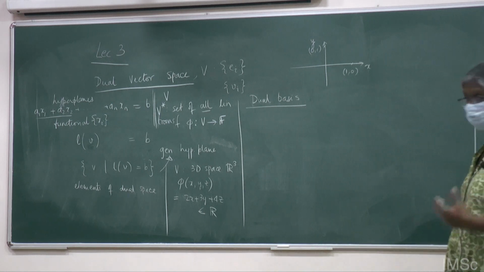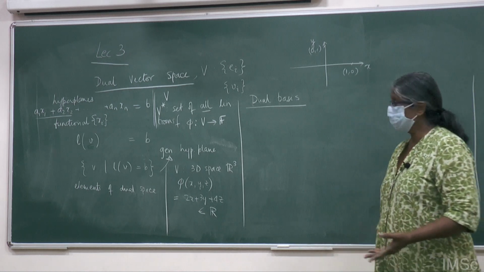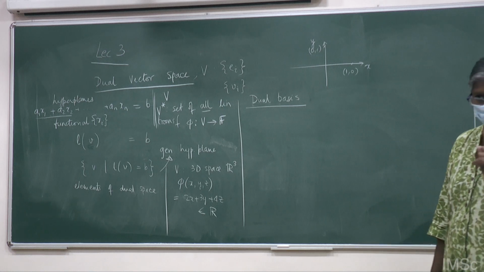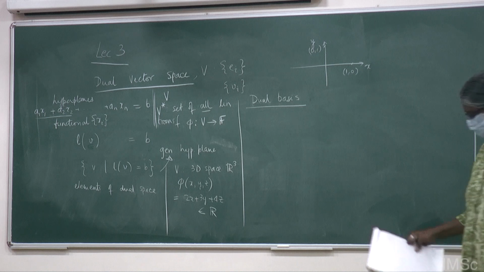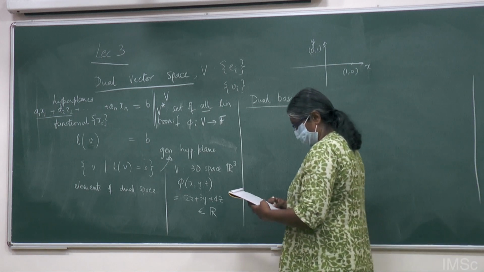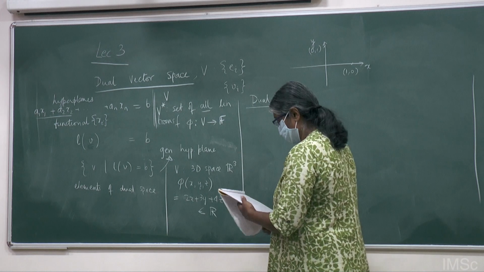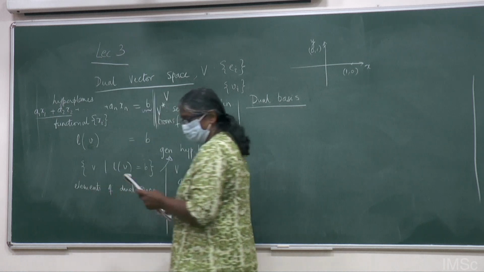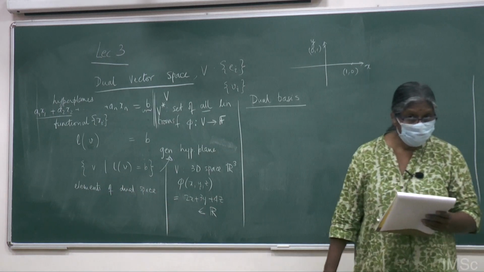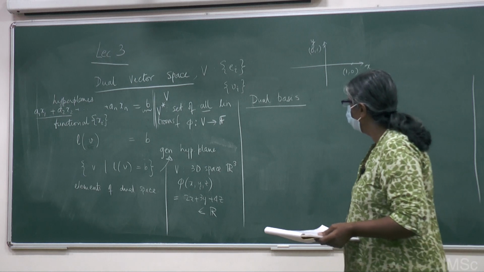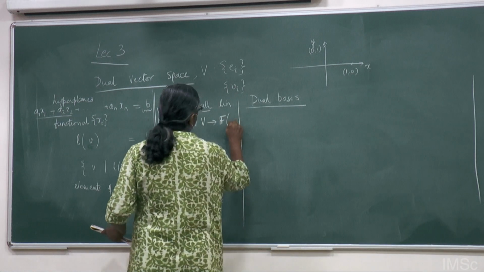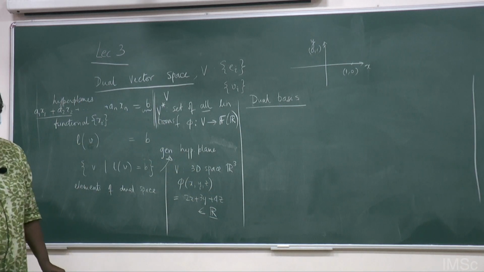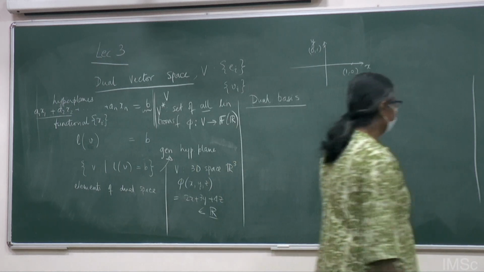So let me actually give you an example. For giving you an example to construct a dual space, I want to define a dual basis, because it is very specific that for the dual vector space I must start out by defining a dual basis. This is again a little technical reason. In the dual space, you write phi goes to F. F is typically, you can think of it as R. All the examples we have taken are R. Some real space function, think of it as real space itself, R.